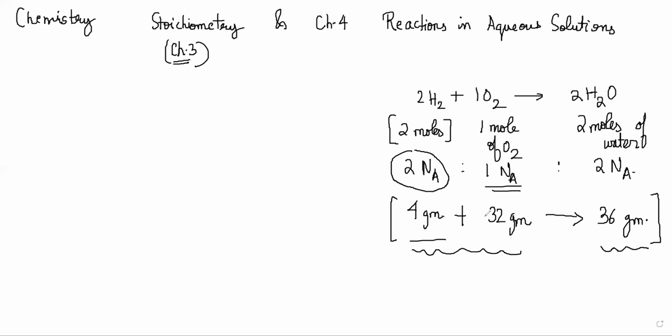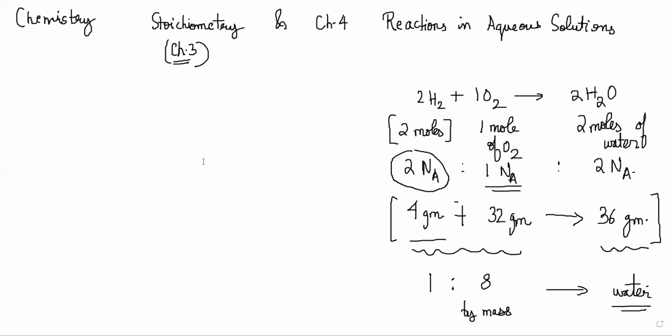And secondly, you are seeing that there is a fixed ratio in which hydrogen and oxygen will react, 1 is to 8 by mass. Only then will you form water, right? The addition of the two masses is adding up to the total mass of water, and also the ratio has to be this fixed value. For some other reaction, if you want to form hydrogen peroxide, then the ratio will be different. So these types of mass relationships in reactions is what we are going to explore in chapter 3, which is stoichiometry. The first section of the chapter is about balancing the chemical equations.